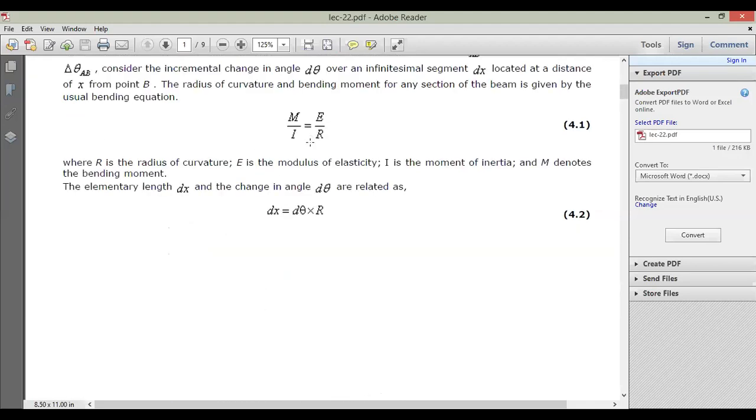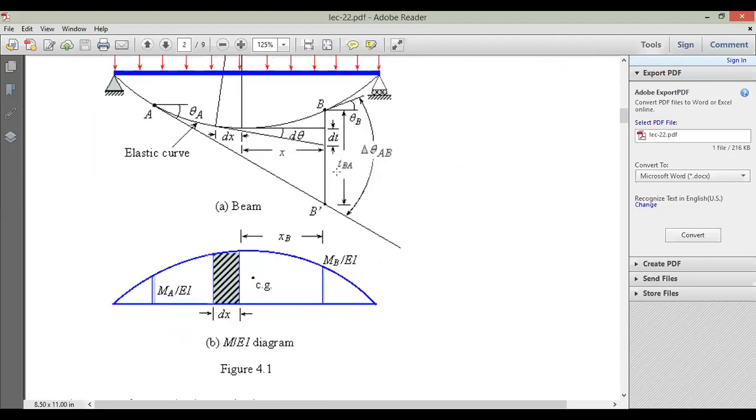M by EI means we have to draw a graph that is reciprocal to the radius of curvature. If we draw the M by EI graph, we will find that it goes upwards like this. It is the M by EI diagram, and it represents a part of a circle, a smooth curve like this. It could be part of a circle or any other curve. Right now we are not able to define that, but we have got to know that this is the M by EI diagram.